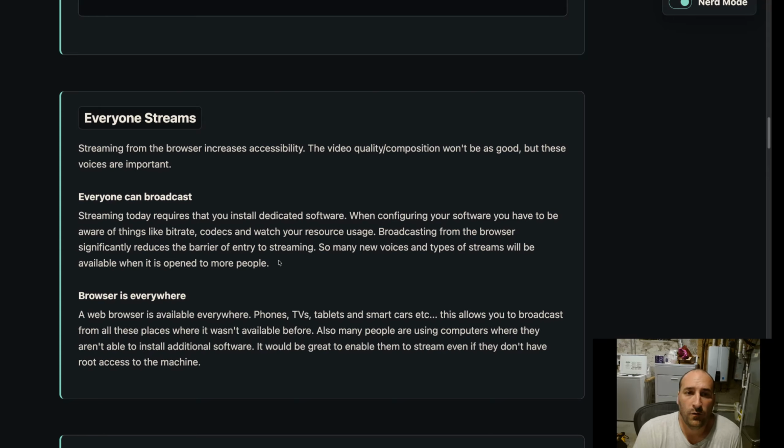WebRTC is also really powerful because you can stream right from the browser. So that demo before where I just hit one page to publish now, you could do that for anything. If you can stream from your phone, you can stream from a computer if you don't feel comfortable installing OBS. One piece of software that's been amazing for this was OBS Ninja.